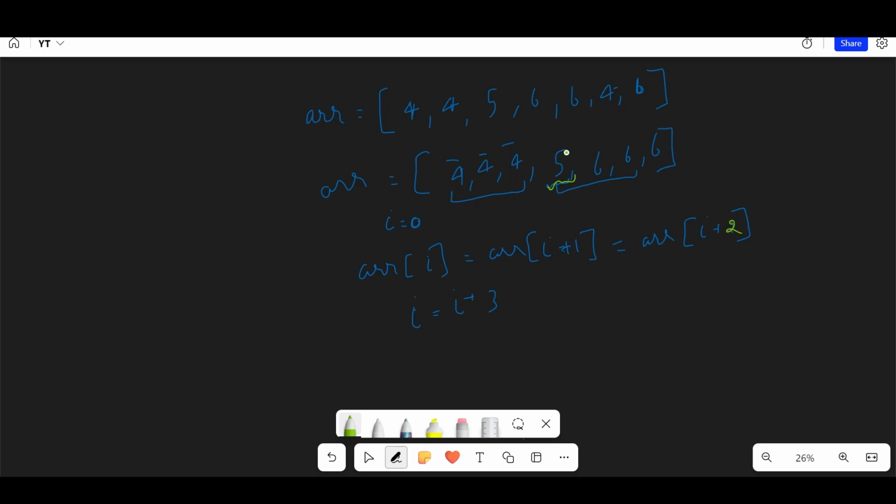Okay, here 5 is not the same as 6, of course. So again, we can return 5 as the answer. Okay, it's that easy. Now, when the element that occurs once comes at the end, we have one small exceptional case which you have